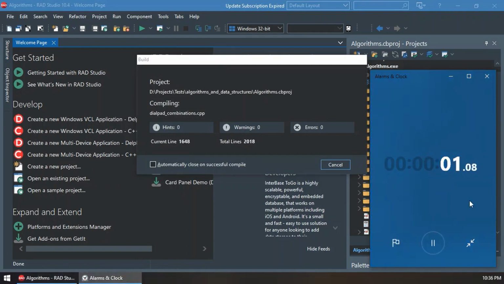So I've started the stopwatch at the side so we can see how long this compile is going to take. As I said, it'll take about 4 to 4.5 minutes, which is far too long. So I'm going to speed up the video. And while we're waiting for this to finish, even with the sped up video,